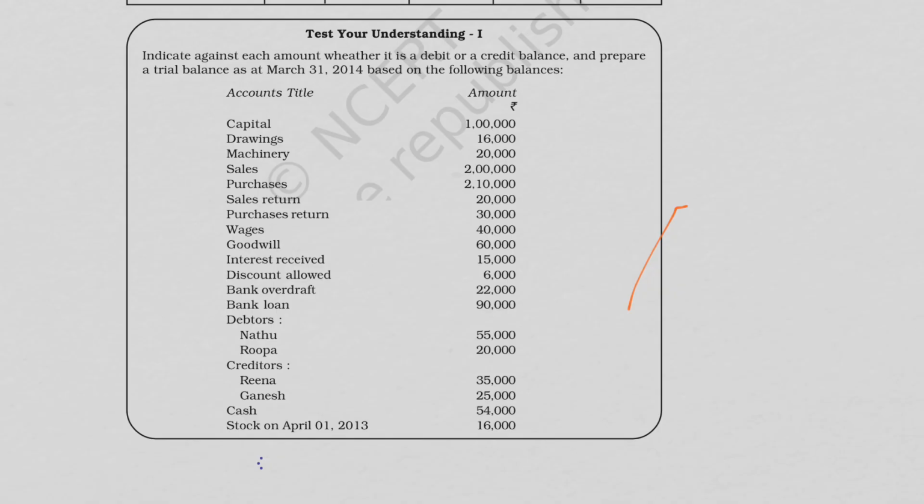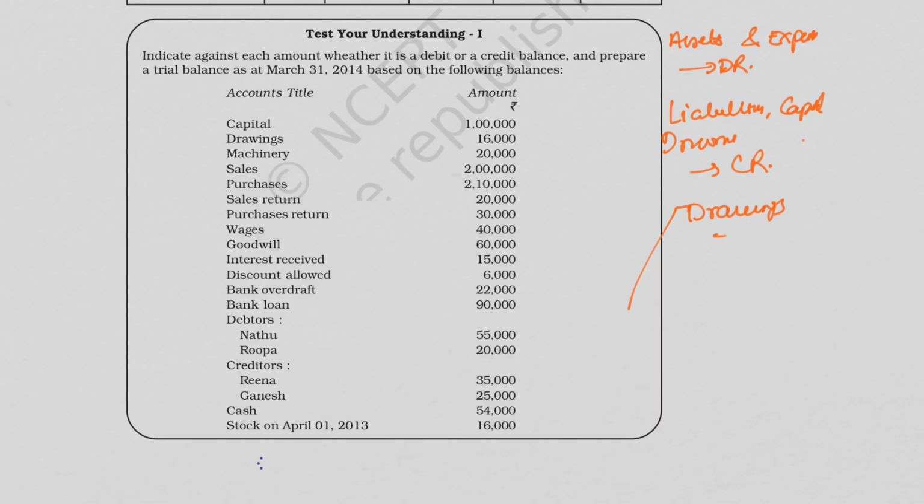In this we have to indicate against each amount whether it's a debit or a credit balance and prepare a trial balance as on March 31st, 2014 based on the following balances. First of all, we have to identify whether each item has a debit or credit balance. So the rules are, for the assets as well as the expenses, you have debit balance. For liabilities, for capital as well as for income, you have credit balance. For drawings, we have debit,